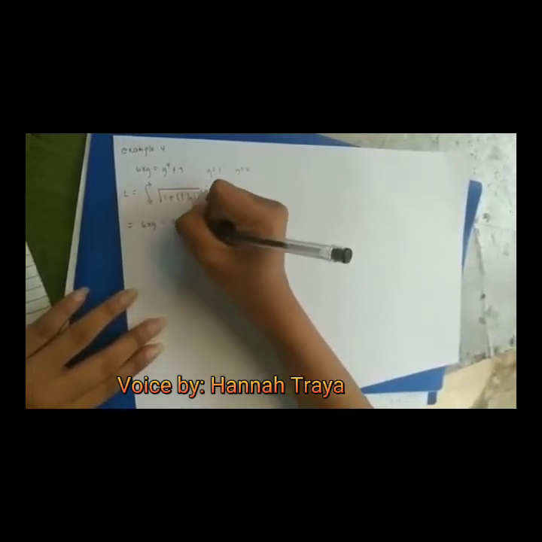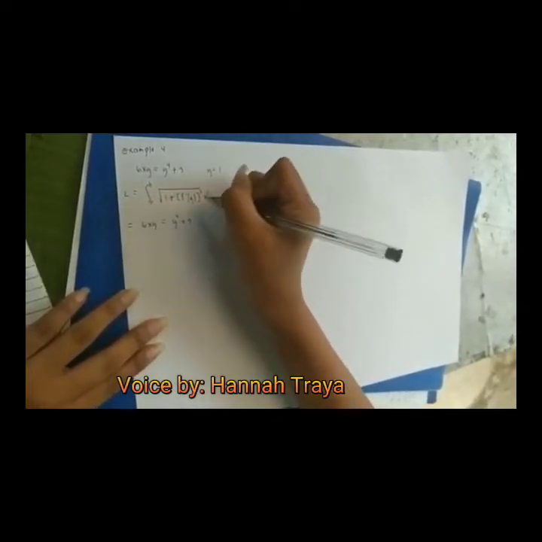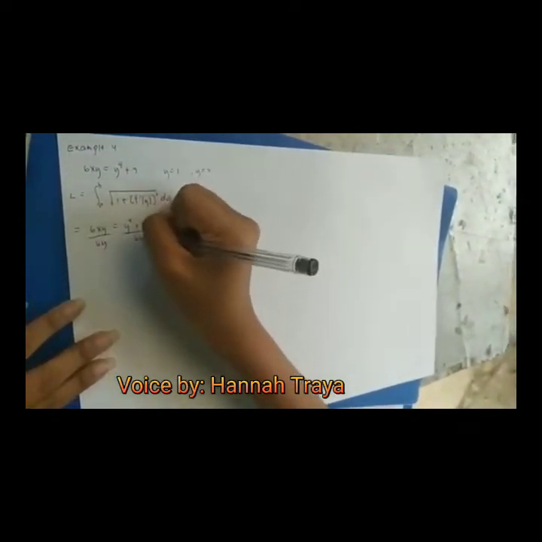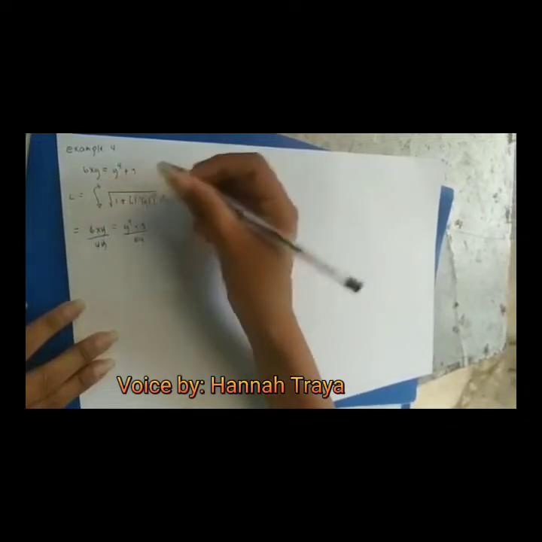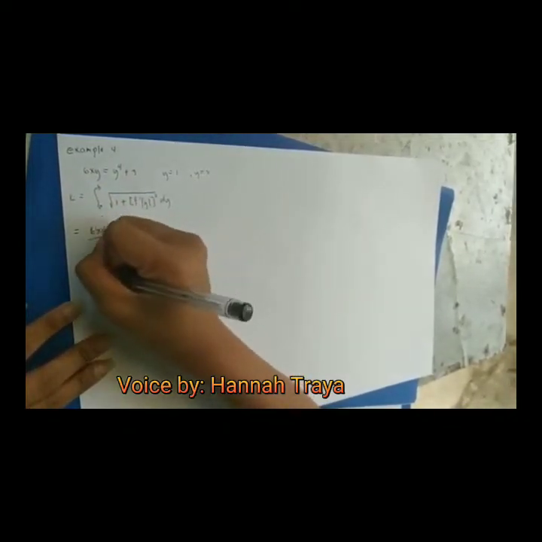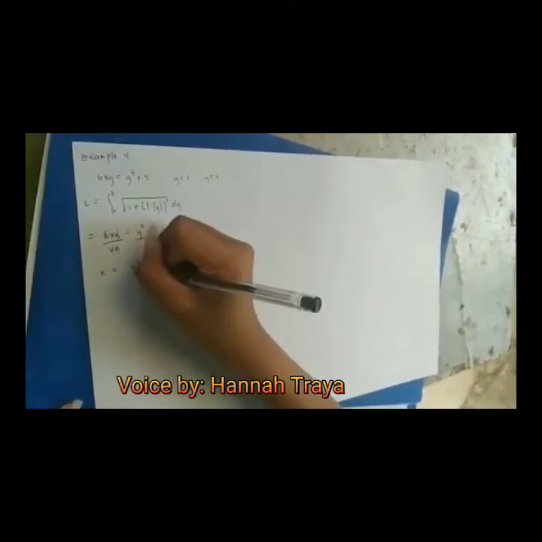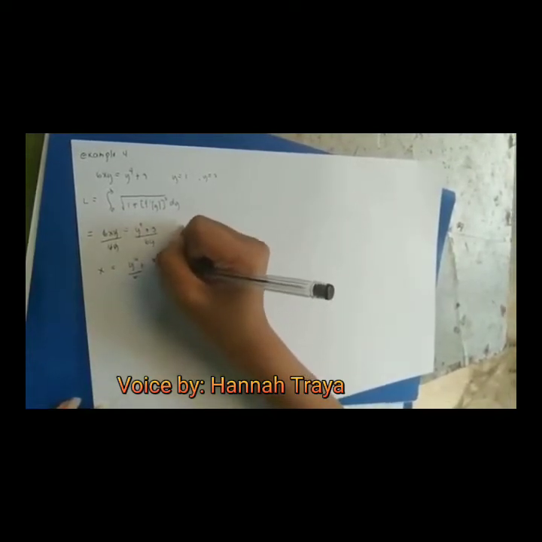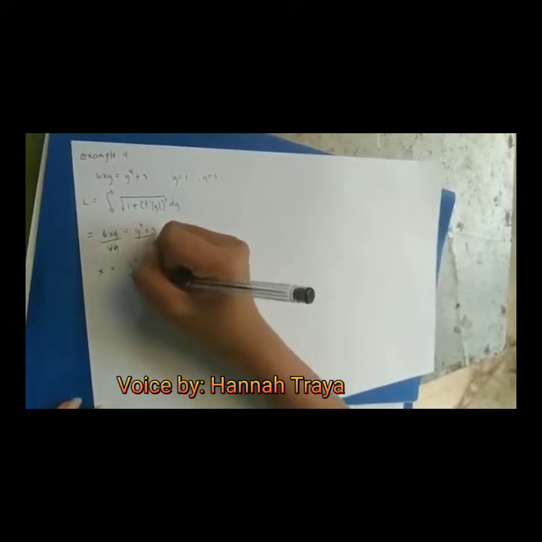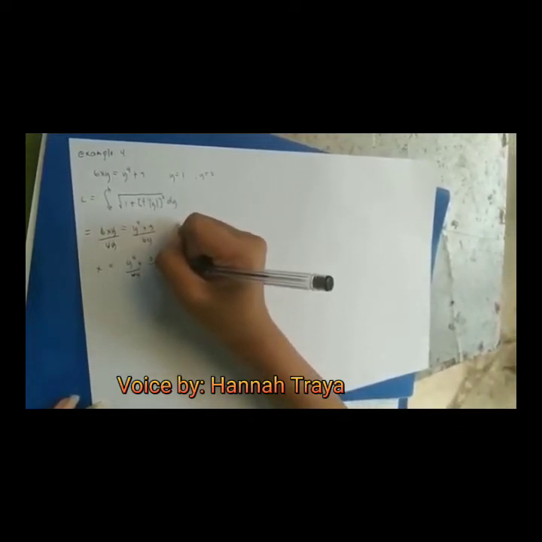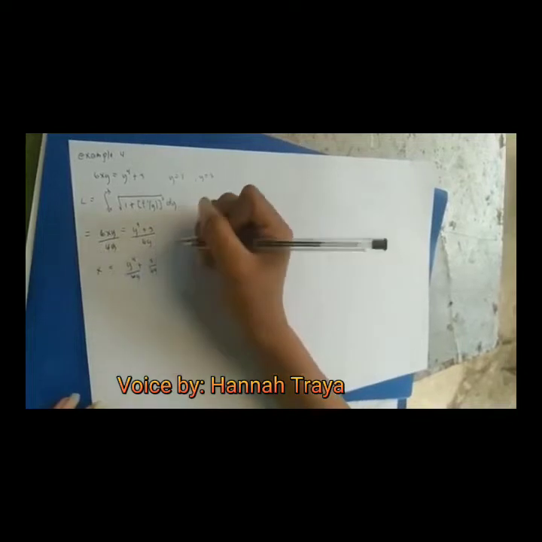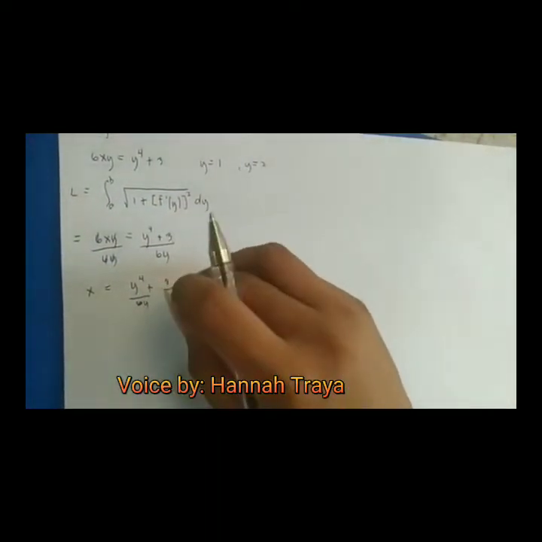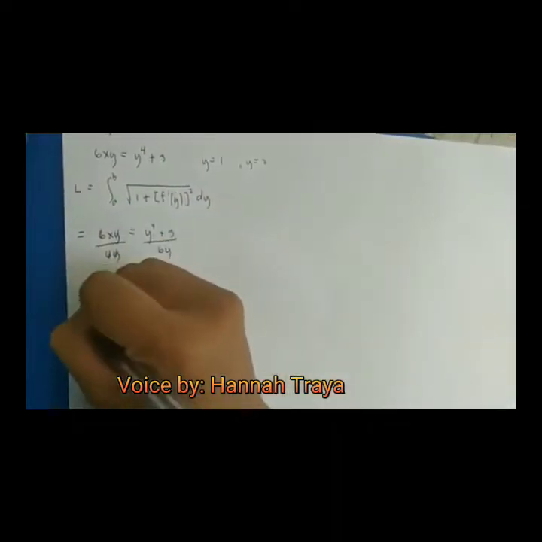6xy is equal to y raised to the power of 4 plus 3. To cancel out, divide both sides by 6y. Cancel, cancel, and cancel. So the remaining here is x equals y raised to the power of 4 over 6y plus 3 over 6y. So, we split it apart. So, next solution is x is equal to